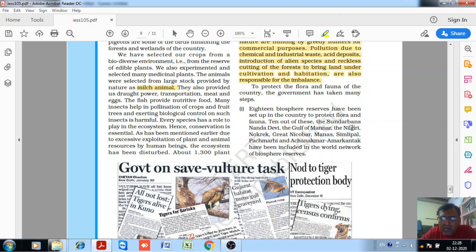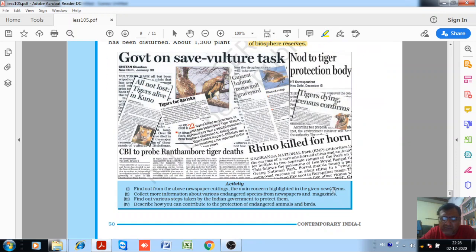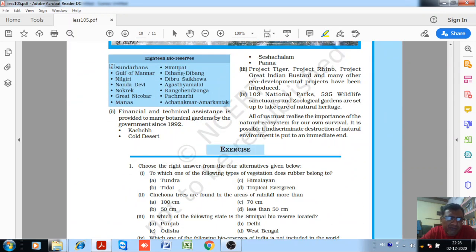These are the names of those biosphere reserves which you can see here: Sundarbans, Gulf of Mannar, Nilgiri, Nanda Devi, Nokrek, Great Nicobar, Manas, Simlipal, Dihang Dibang, Dibru Saikhowa, and Agasthyamalai, and Kanchenjunga,